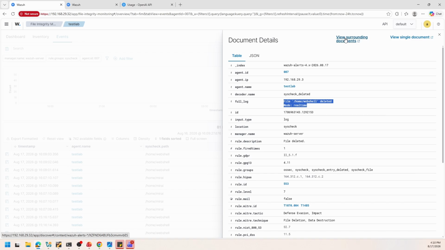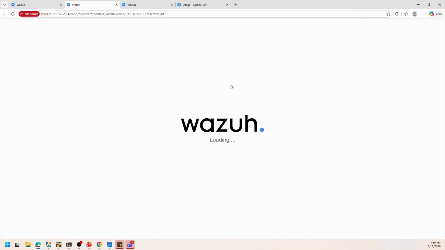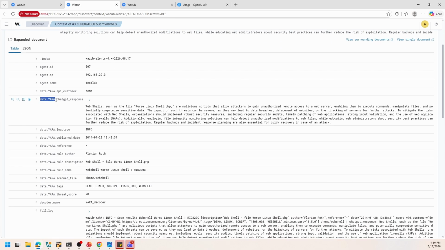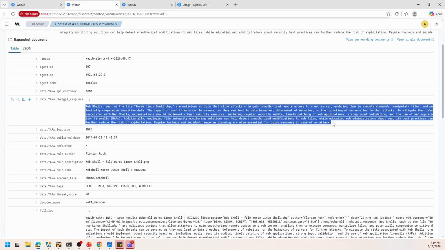If you want to see further, you can go to view surrounding documents. You can click on this. Now you can also analyze the full logs of this, right? So here you can see you get this type of ChatGPT response based on the metadata we have sent to the LLMs, right? It says that web shells such as the Linux shell PHP file are malicious scripts that allow an attacker to gain unauthorized remote access to the web server, enabling them to execute commands, manipulate files, and potentially compromise sensitive data. The impact of such threats can be severe, right? So here you can see ChatGPT has given the response based on the metadata which is being provided by